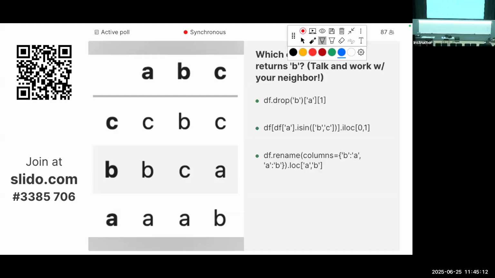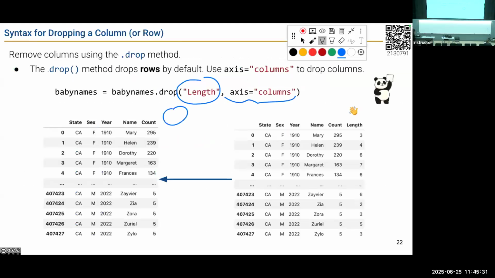I'm still hearing a lot of talking, which is fantastic, and I want you to keep going here. People have submitted responses, but I also want you to get a chance to do the other Slido because it's good practice, and then we can take a break, and then we'll come back and actually work on both of these. So I'm going to shift back to the Slido, just to see if you sign in, you'll be able to work on it because I want to give you a chance to try it out.